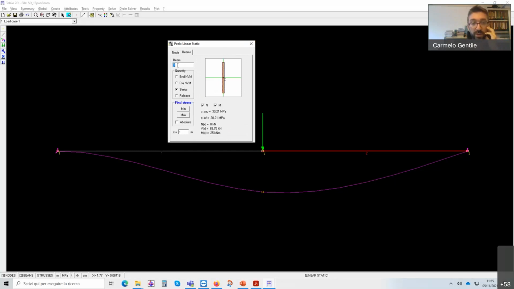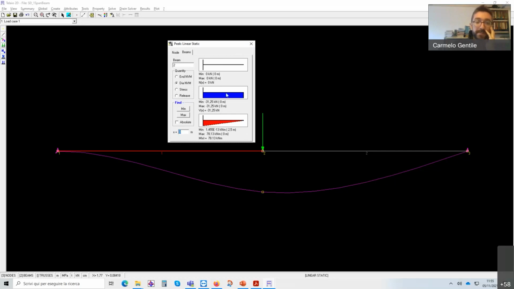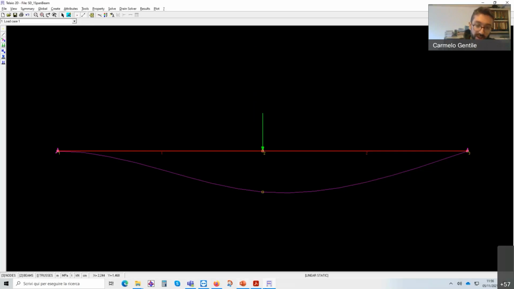And then if we go on the second beam, which is more interesting, we check on the diagrams. Okay, we see basically the same stuff. And we can investigate the axial force, the shear force, and the bending moment at any point of the structure. So if you have any question about all this stuff,